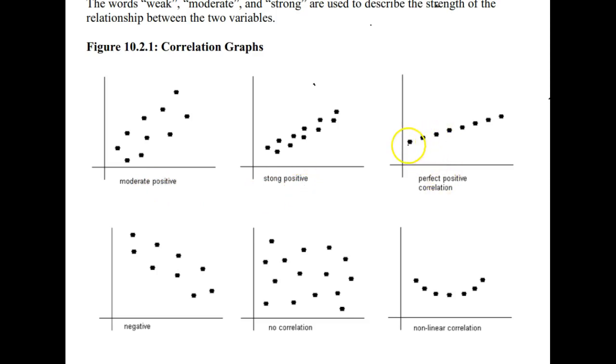And here, if we were to play dot to dot with these points, we would get a perfect line. So this is perfect, and again, it goes up from left to right. So perfect positive correlation. Here we've got a pattern in the dots that goes down from left to right, so we would say there's a negative correlation, versus this one where we've got points all over the place, there doesn't seem to be any linear pattern or any pattern at all, so we would say there's no correlation here.